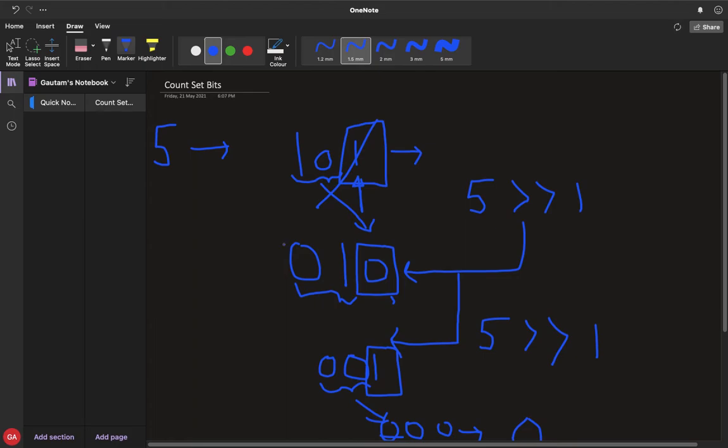So now what would be the time complexity? If we ask the time complexity of this implementation, you can see that we are running the loop till we get 0. So we'll have to check every bit of this number. So the time complexity of this implementation would be the number of bits in that number. If we are talking about Java, there are 32 bits in an integer, so it would be theta of the number of bits.